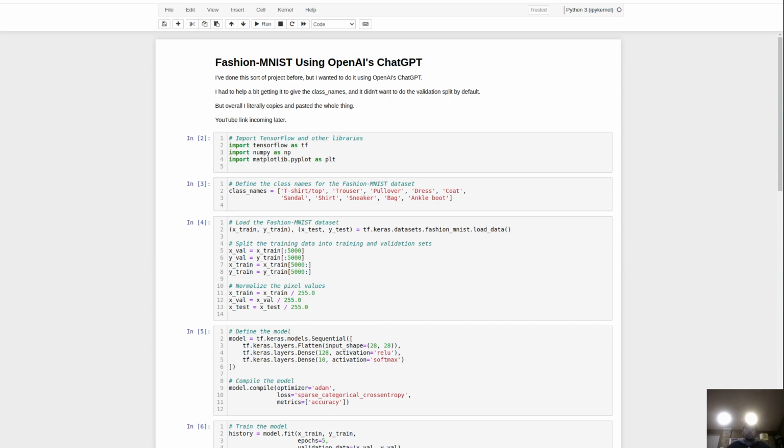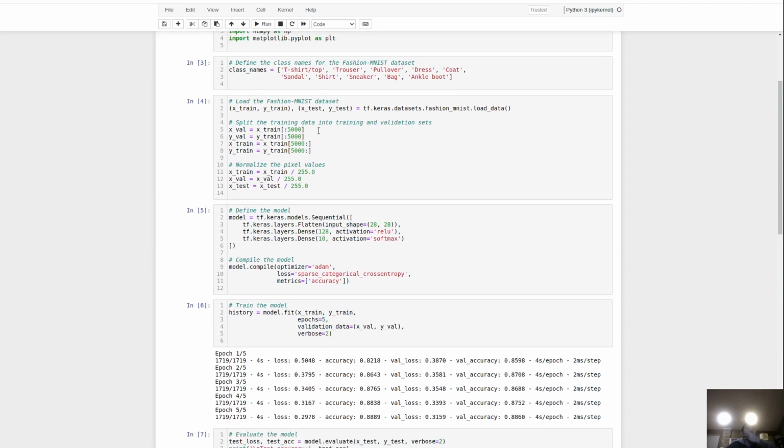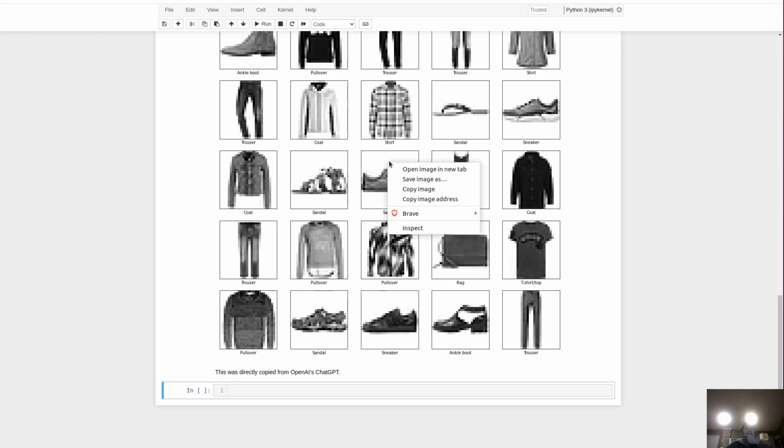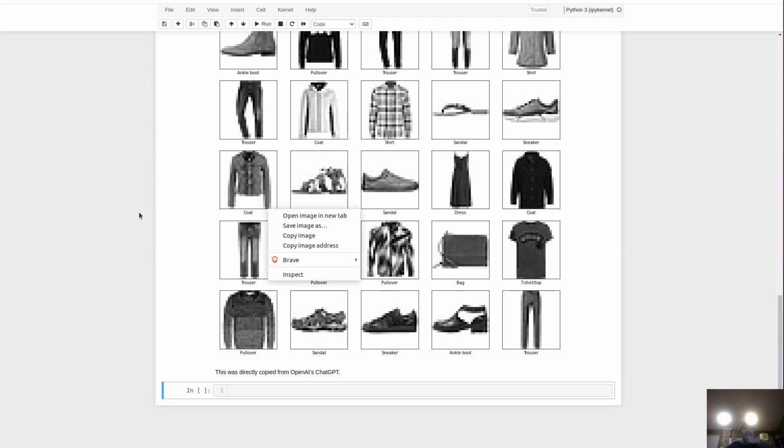And then in case I'm going to use this, I could save this. I don't know where it's going to save it though, so we'll do that later. Okay, so now we can git commit, and then this is going to be OpenAI ChatGPT doing Fashion-MNIST, and get that committed there.